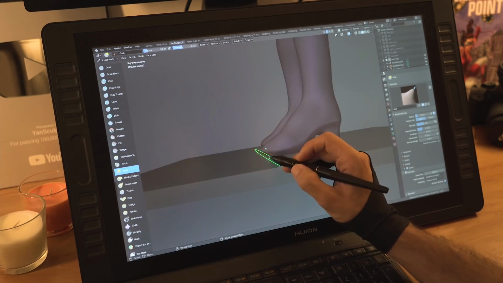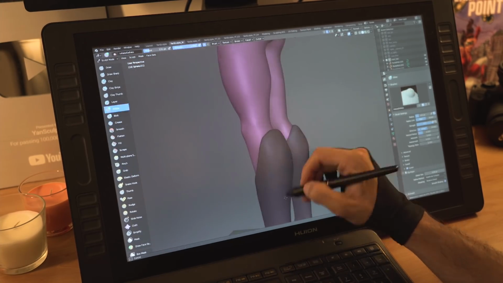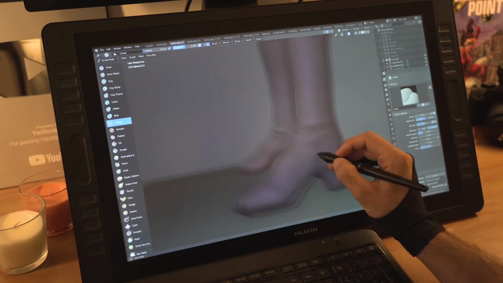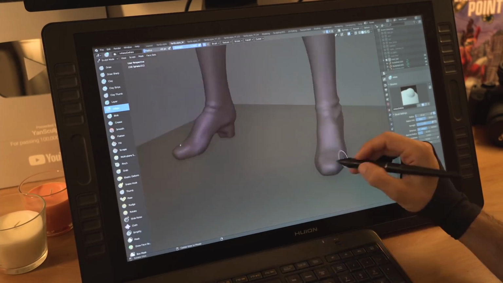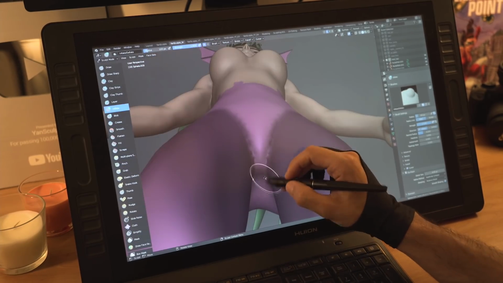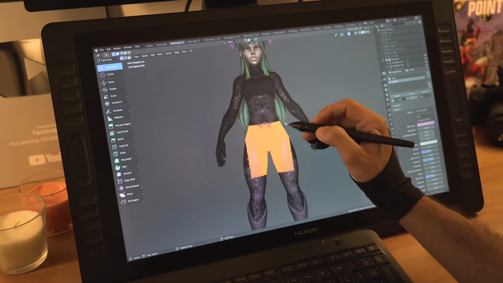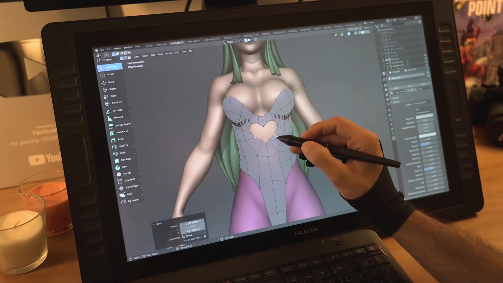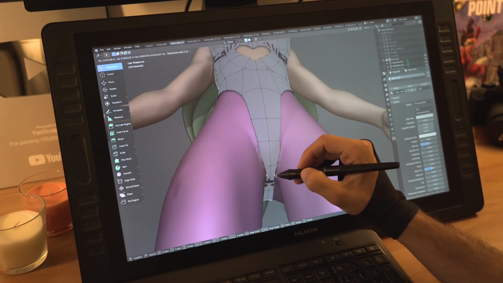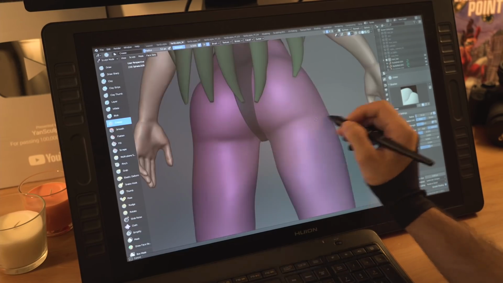Some parts of the sculpts might be faster using Blender, and others might be faster using ZBrush. Since both of these programs will get the job done, the next question is which will get it done faster and which is more fun to use. Both equally as important in my opinion. In addition to that, there are other factors to consider, such as the price of each program and the industry standard. But for now, let's put these last 2 points aside for a minute. I'll get back to it later in the video.